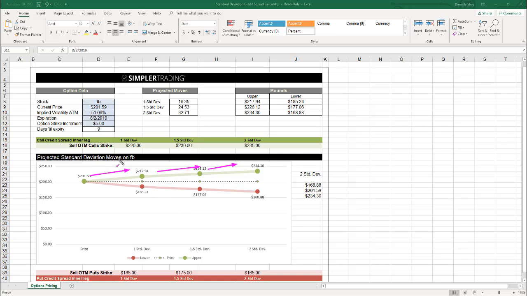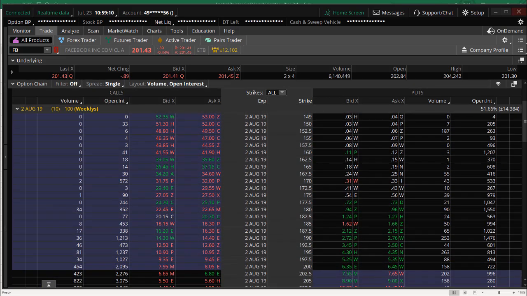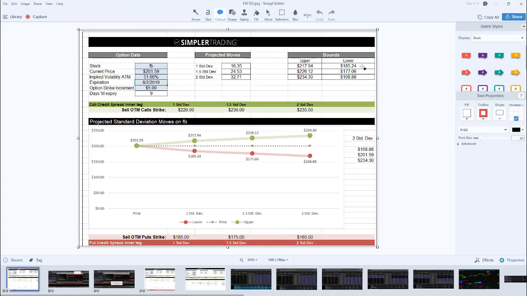Now, the other thing you can do, like I said before, is the half standard deviation, which is going to give you a better credit, but it's also going to make it a little bit more probable that you might have to close it out. So we can price it out in 3 different ways. Number one, we're going to start with the out of the money. If you look at your spreadsheet, you're going to see that your out of the money put is going to be at